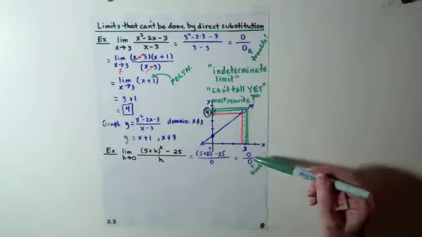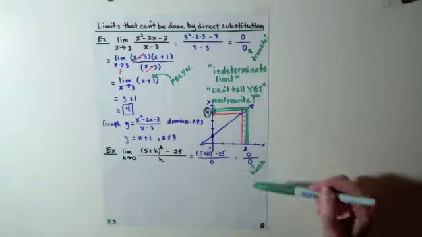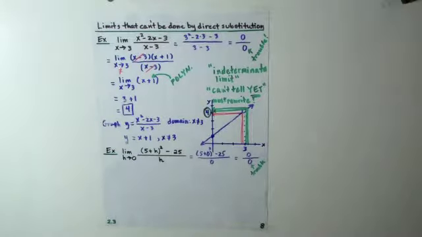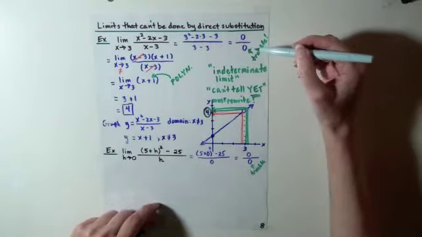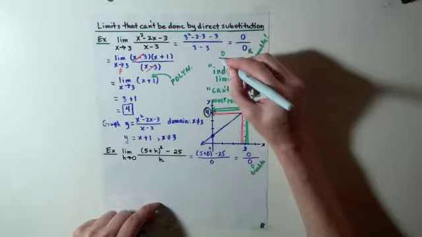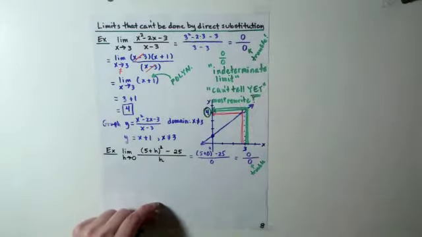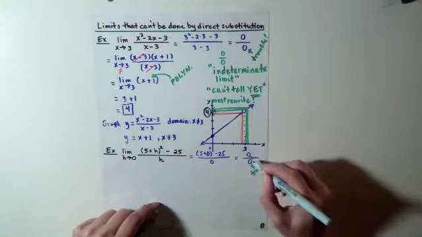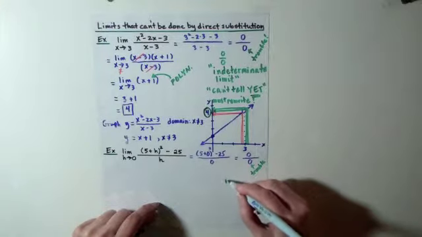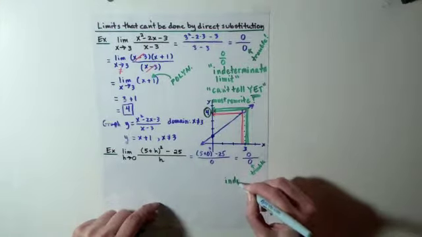You can only use the quotient law if the denominator ends up being non-zero. Furthermore, I have this same form that we talked about in the previous example. I have a 0 over 0 form, and that is referred to as an indeterminate limit. So because this is 0 over 0, this limit is called indeterminate,